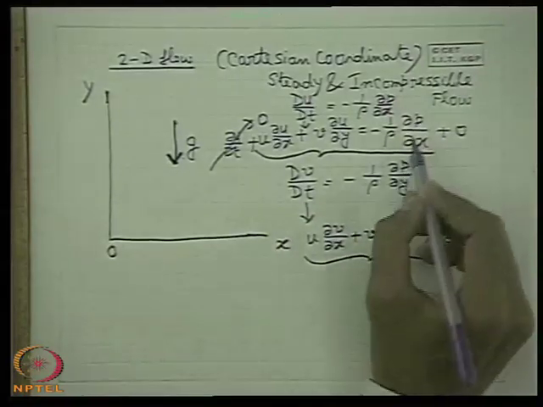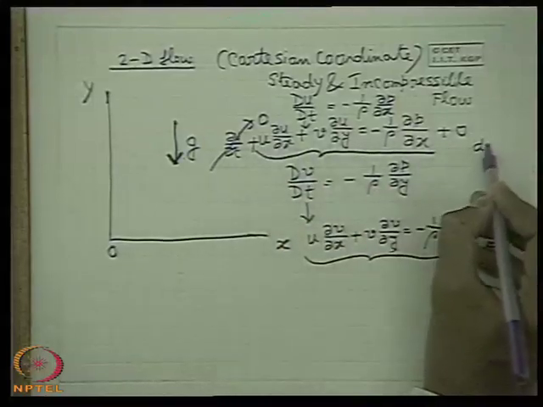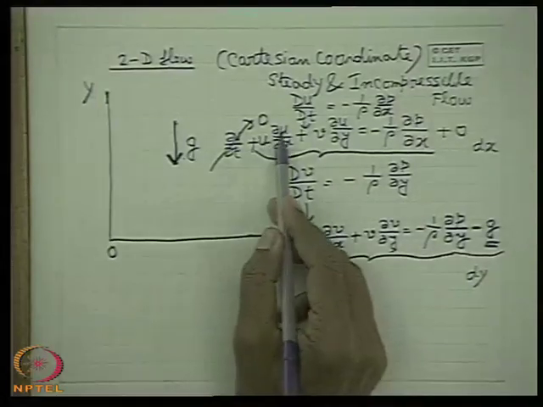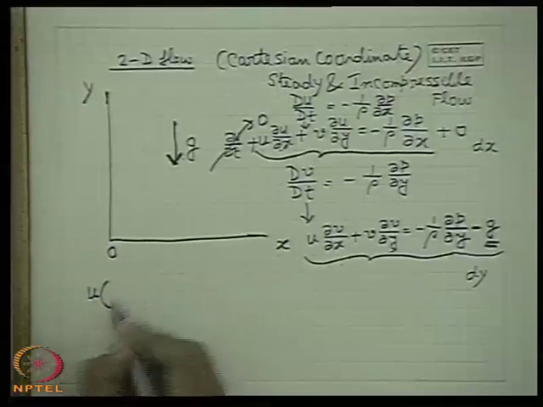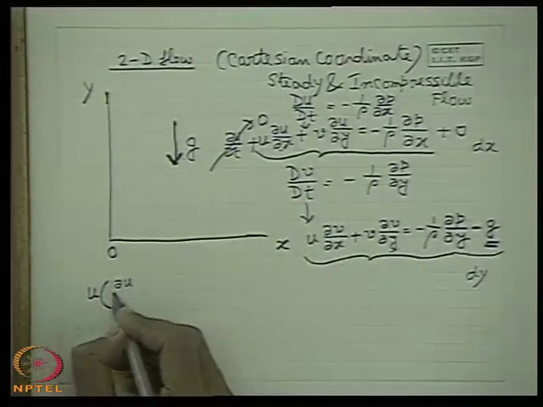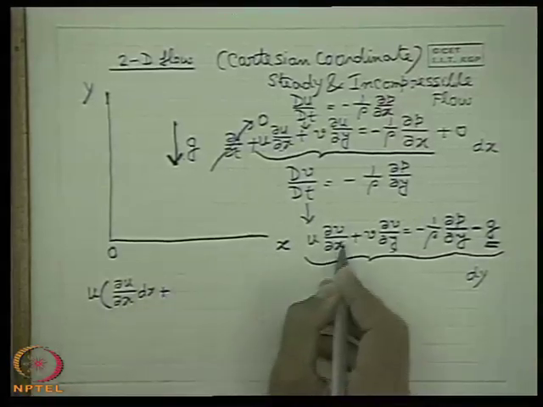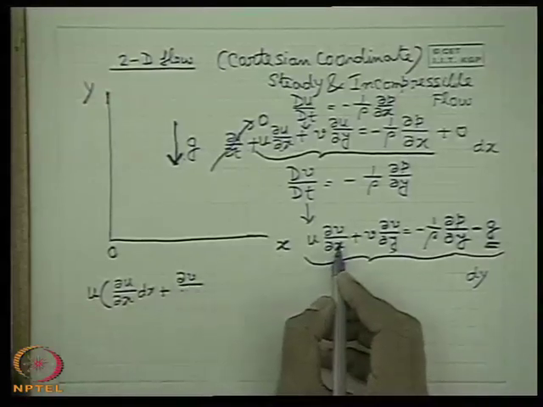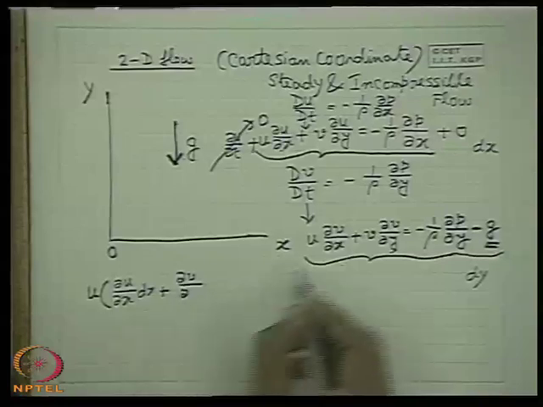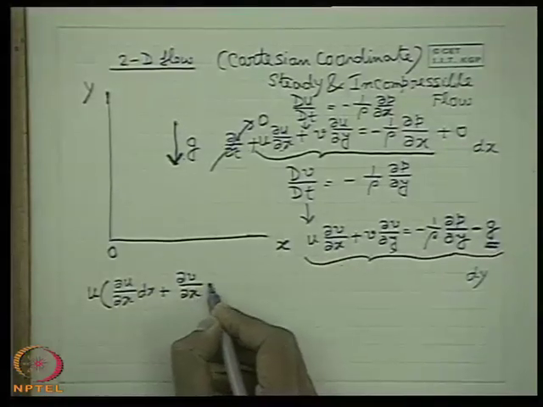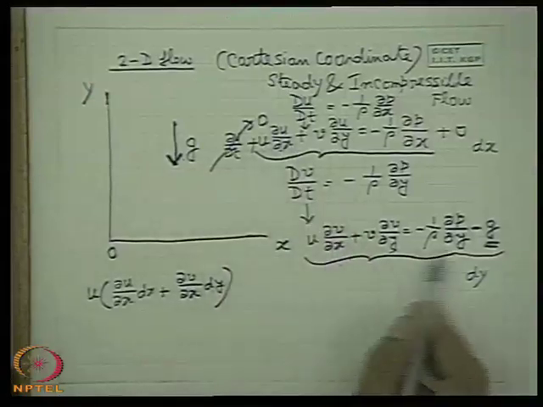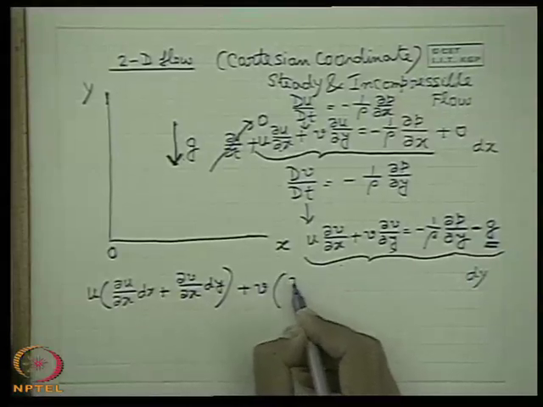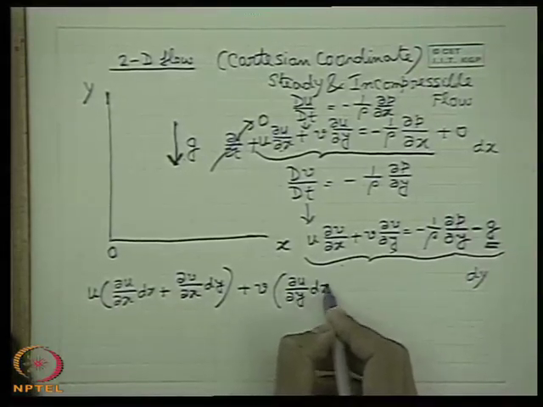So if we multiply the x direction equation by dx, and the y direction equation by dy, on both sides, and add them, we get: u del u del x dx from this equation, and u del v del x dy from this equation, plus v del u del y dx plus